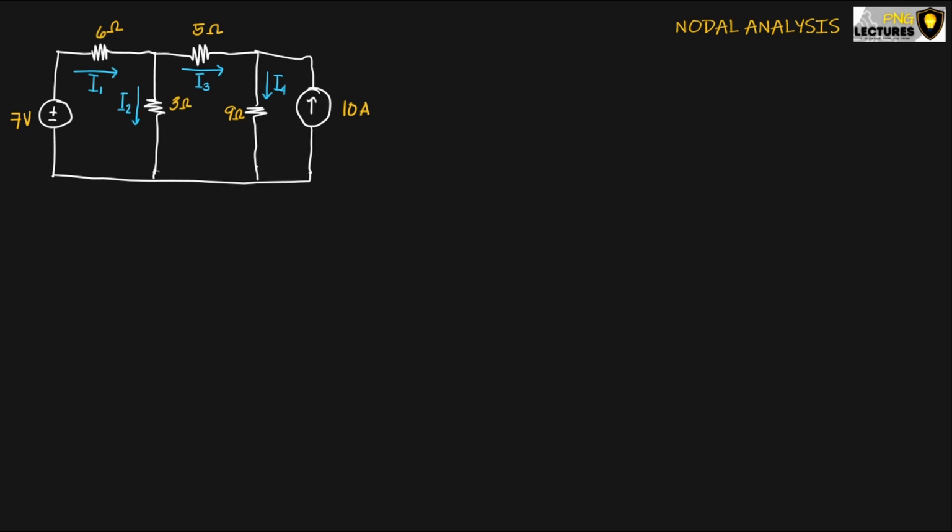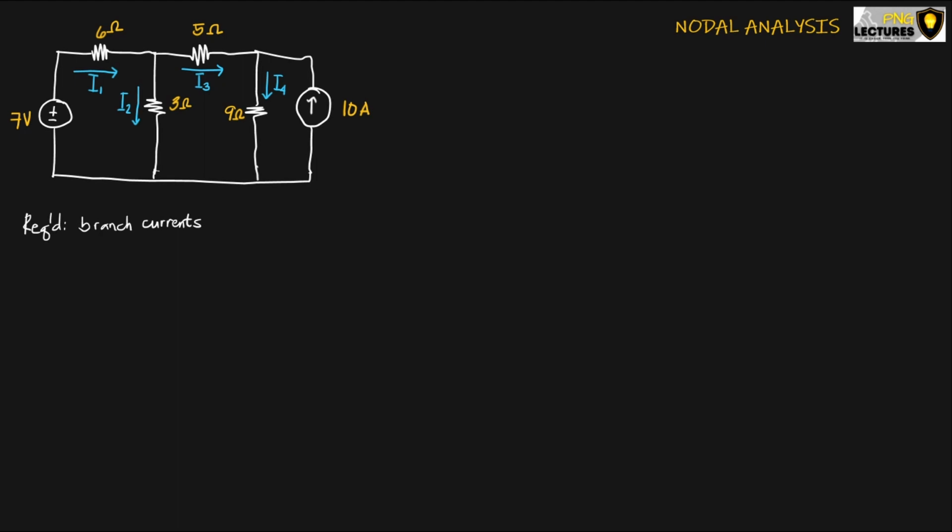Suppose that we have this particular circuit composed of a 7-volt source, 6 ohm, 5 ohm, 3 ohm, and 9 ohm resistances, and a 10 ampere current source. And we are asked to solve for the branch circuit currents. Typically, we will be solving this using Kirchhoff's analysis, using KCL and KVL. Since there are 4 unknowns, we have to have 4 equations. But today we will be using nodal analysis to solve for this. And instead of using 4 equations, we will just be using 2 equations,